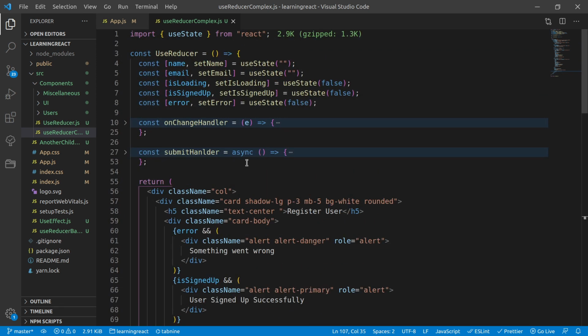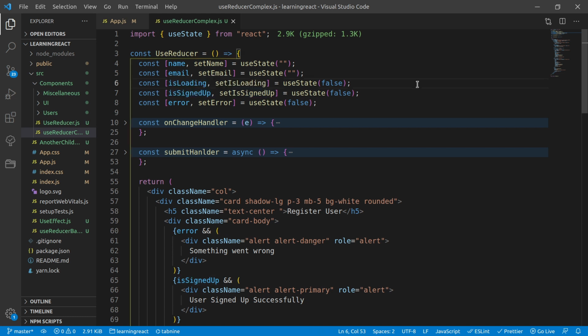Now let me show you the different states that I have used to build this application. Obviously I need a state for name and email, right? And whenever I'm making a hit, I should show a loader, and for that I have created an isLoading state. Apart from that, once a user signs up successfully, I need to show that the user signed up successfully, so I need to create a state called isSignedUp.